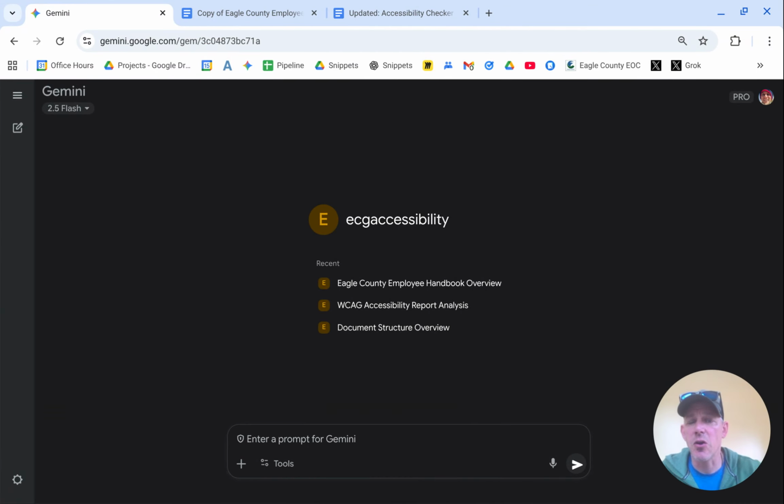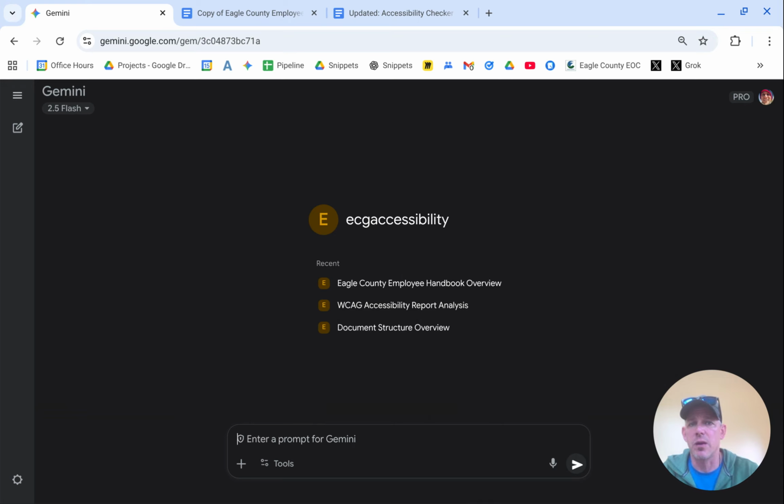All right, hey, so we're actually going to do a number of things today. First, Google has released within Gemini the ability to now share gems, which is amazing. And so I'm going to show you exactly how that sharing protocol works. And then we're going to use the backdrop, though, of one that I created for our organization to be able